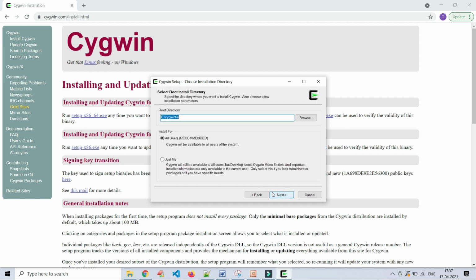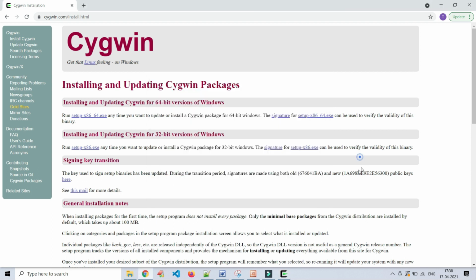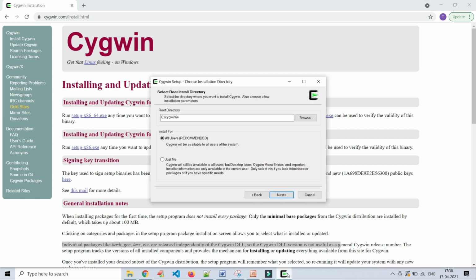Let me maximize it. Do you want to install the Cygwin application for all the users on your laptop or desktop, or else just for your user?